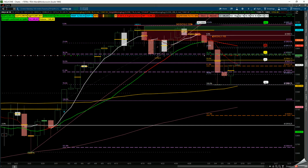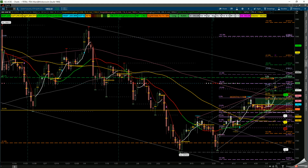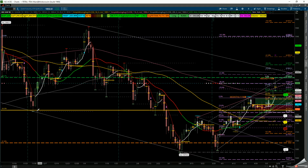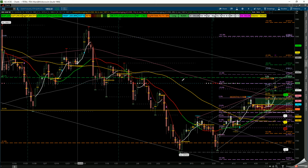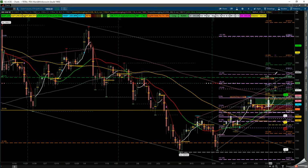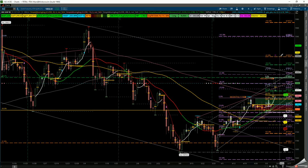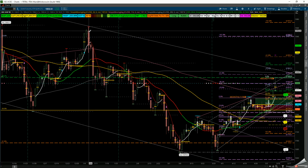Let's take a look at GC. And the reason behind GC, we have been in a linear regression down channel as of last year, but we are starting to nickel our way back up, trying to retest this area here of the consolidation. If you drew a channel in the middle between this one and this one, this was the prior consolidation. We have to break out of this area in this channel in order to get to the 1893 and eventually to the 1945 area where the breakdown was from the prior